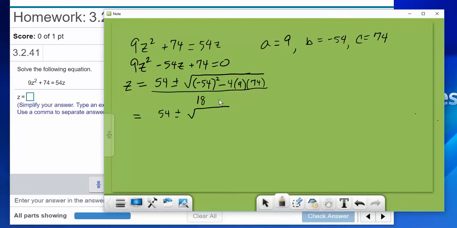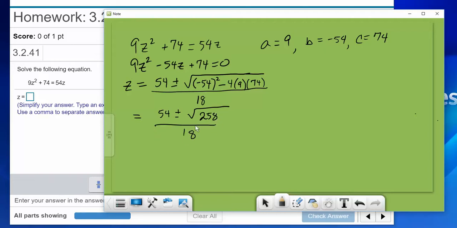Let's see, 54 squared minus 4 times 9 times 74 equals 252. Let's try it one more time. Yep, 252